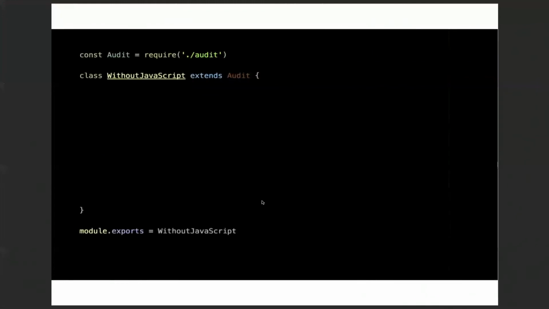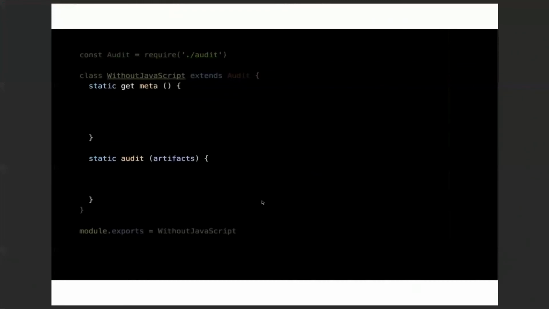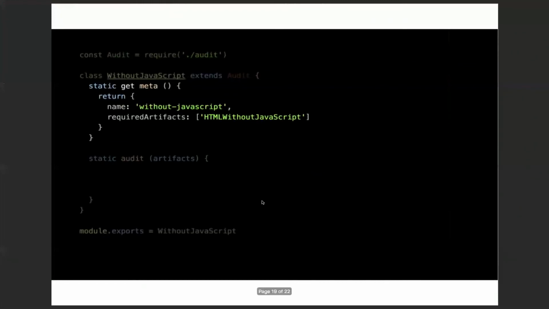And this is the audit. This audit is checking that the page is returning something if it's loaded without JavaScript. It has two methods. In the first one, we will name our audits, and we will provide it with the required gatherers so it can run.